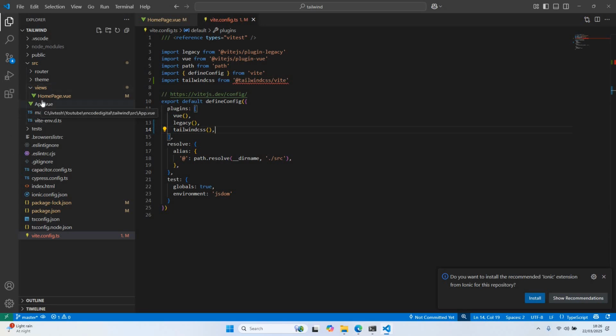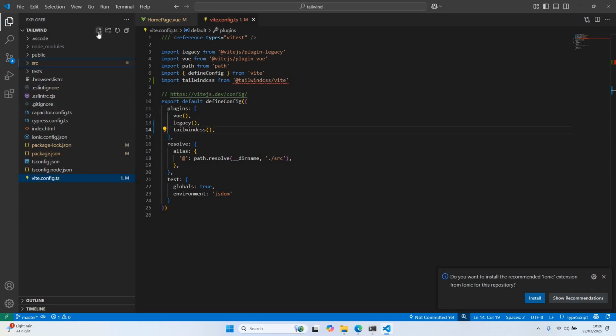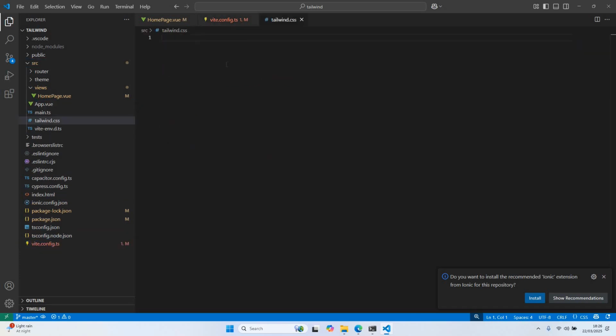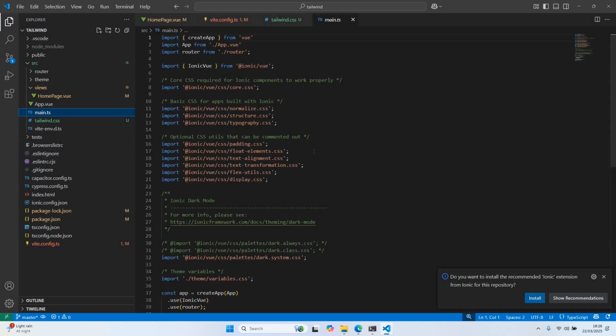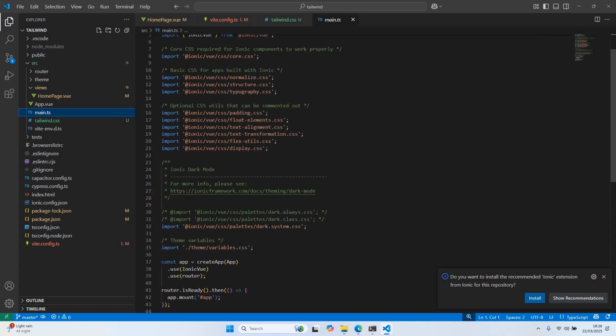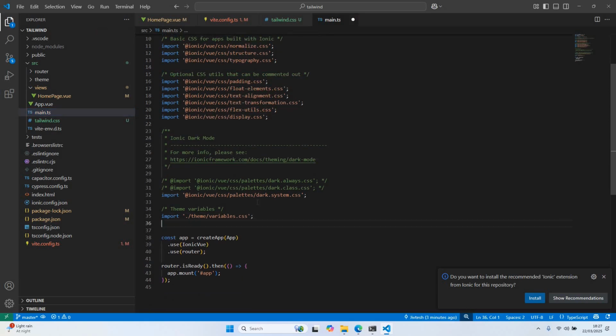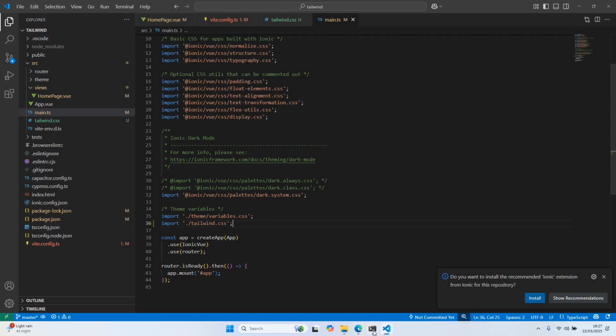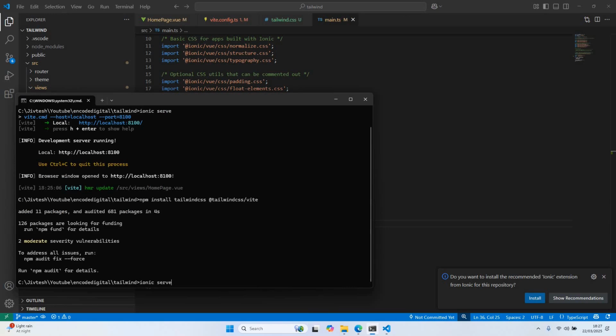In the starter one, we don't have the Tailwind CSS file, so let's create one in the source folder, and within that I'm going to import this. And now if we go to our main.ts, these are all the CSS files. Ionic ones are there as well, so basically we just need to import our Tailwind CSS here, which is importing this one. Okay, so once we have that, let's rerun our server,